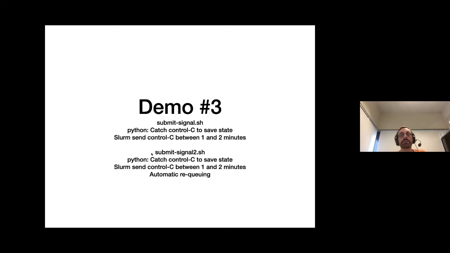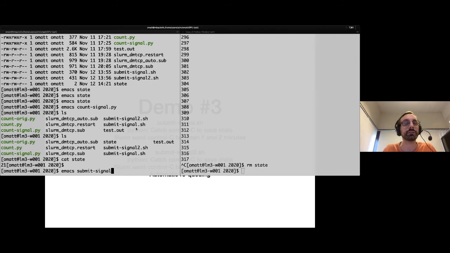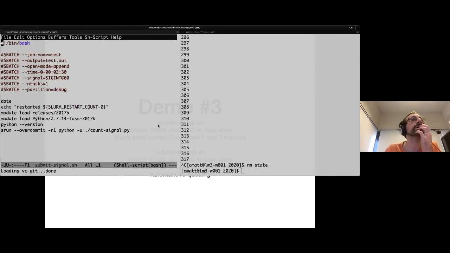So let's go to the demonstration. Going here, oh, I didn't kill it, so let's kill it now. Let's remove the state again. Okay. And I'm going to look at the file first before submitting, so that you can see that it's basically the same file as the one I showed before.